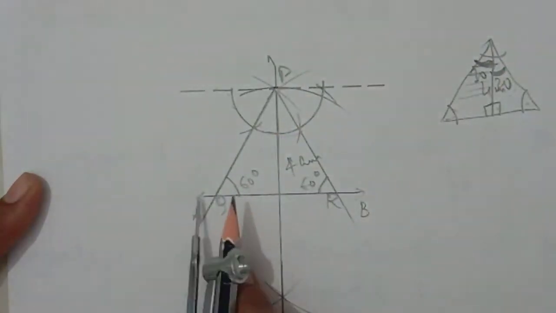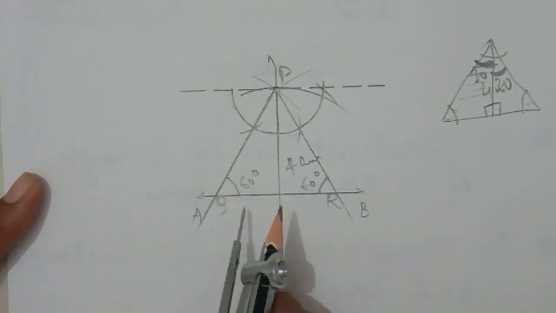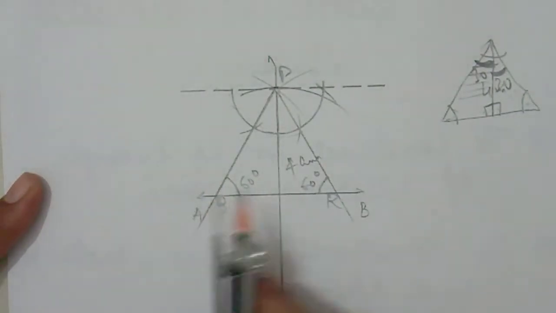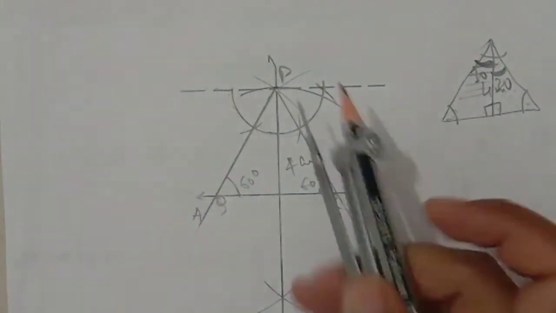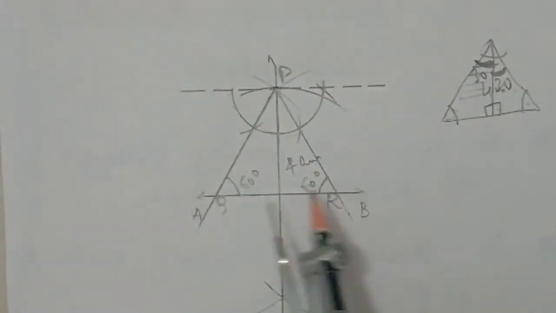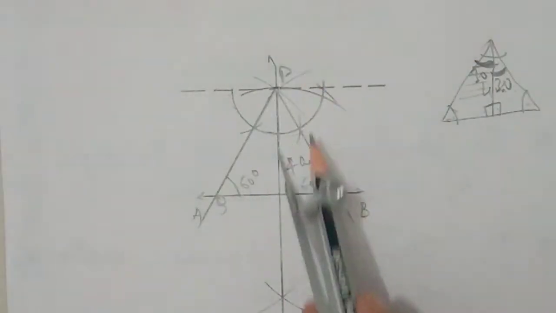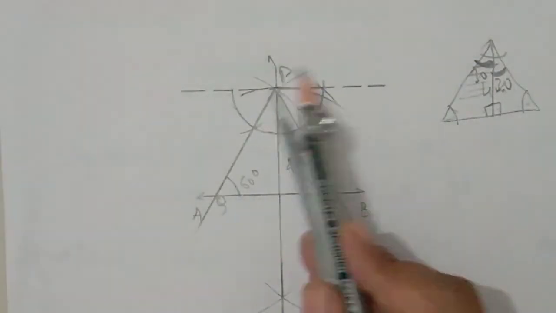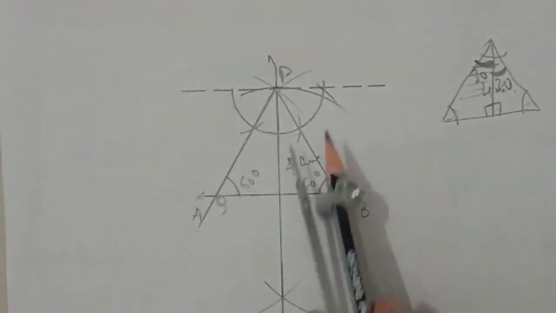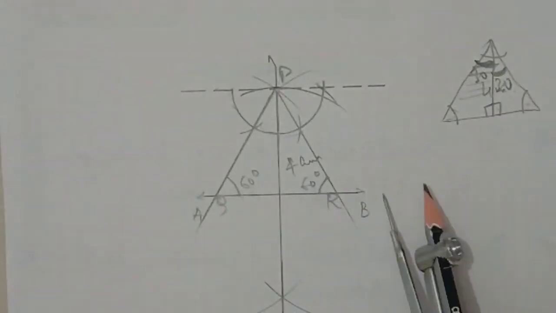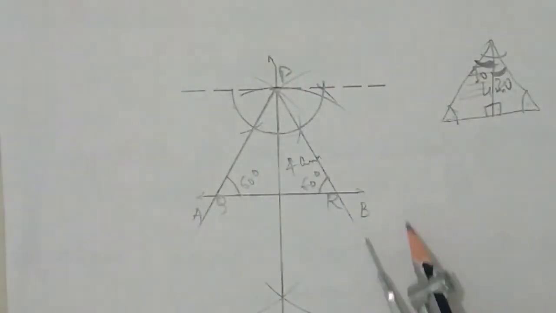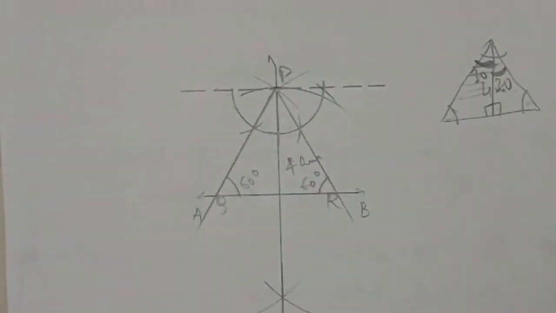Remember one thing, because the base is not always present in this triangle, so take another two names which are not present in the required triangle name. So this is our required triangle PQR. First we will take a base, then draw the perpendicular bisector, then mark an arc of altitude 4 centimeter, and then make a semicircle here with a line which is parallel to the base, and then draw two angles 30-30. Correct? I think you got this concept.